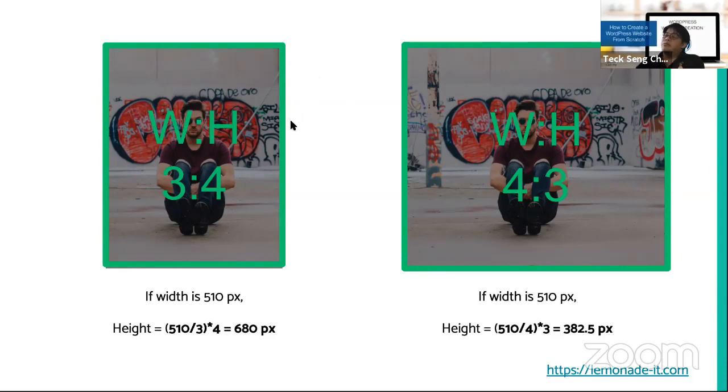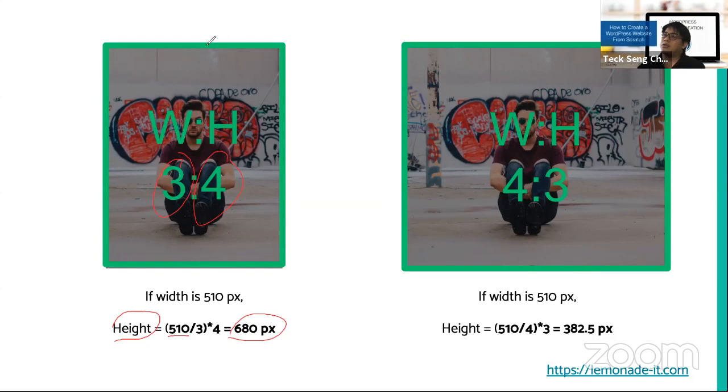How do you calculate that? The first number is your width, and the second number is your height. To find out the height, for example, you take 510 divided by 3, which is your width, times 4, so you get 680.